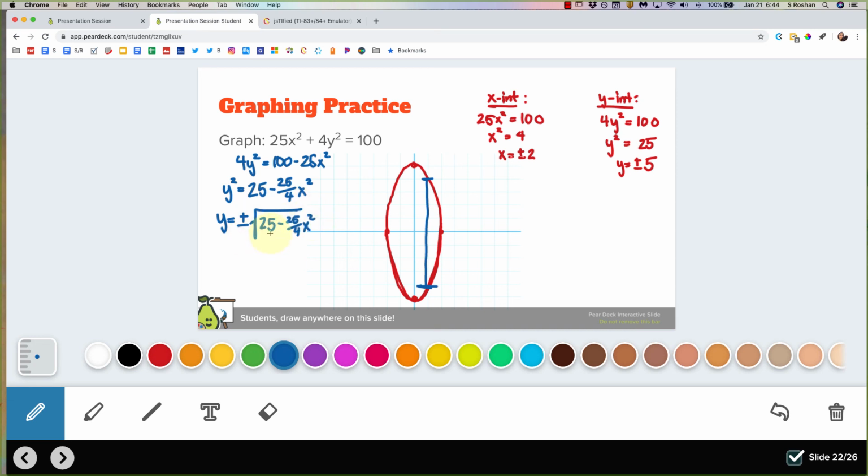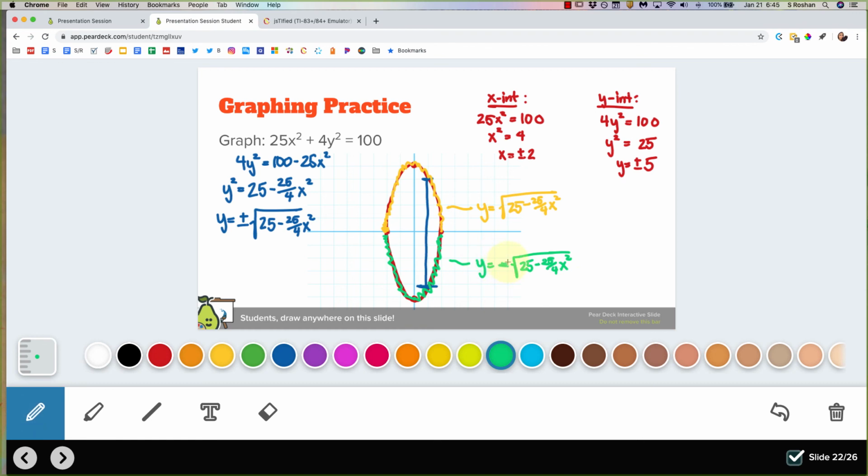The plus or minus is because of this. The top half, which I will highlight in yellow here, is the positive. Y equals positive square root of 25 minus 25 fourths x squared. And the bottom, I'm going to highlight in green, is the negative part. Y equals negative square root of 25 minus 25 fourths x squared. And guys, if anybody is tempted to say that this equals 5 minus 5 halves x, no, please don't do that. We're not allowed to do that. Algebraic atrocity 101. You cannot split it up like that. Anyway,